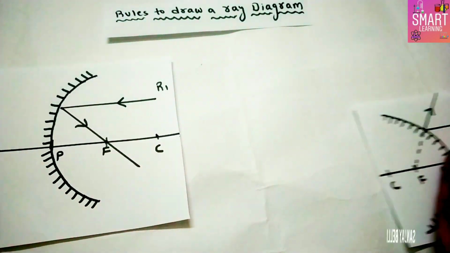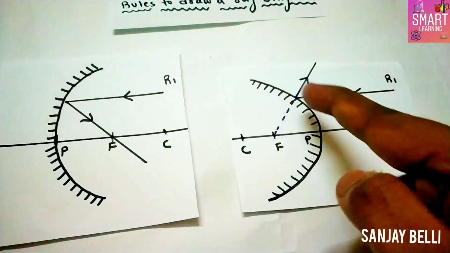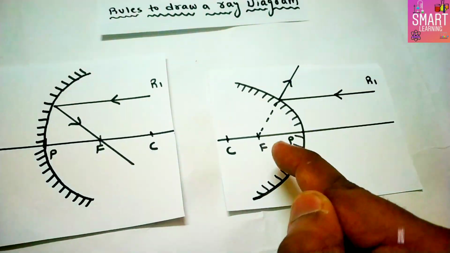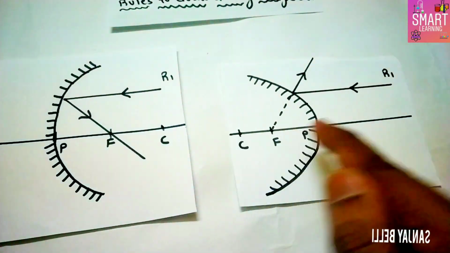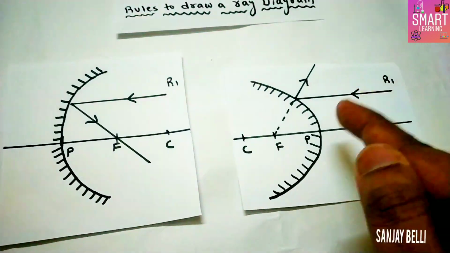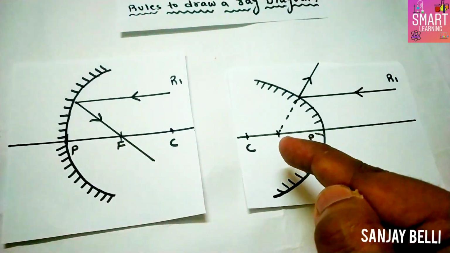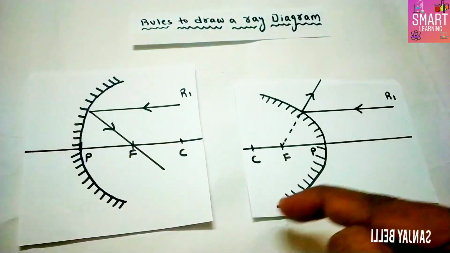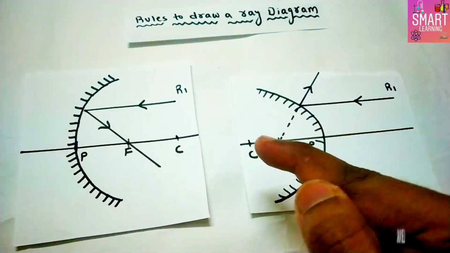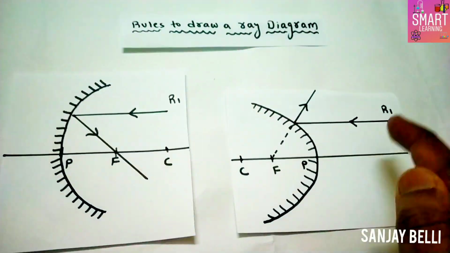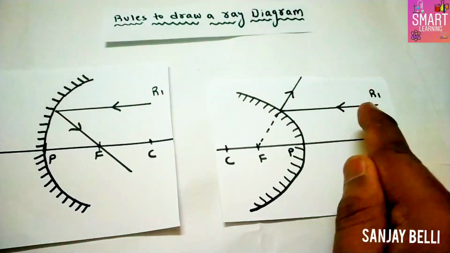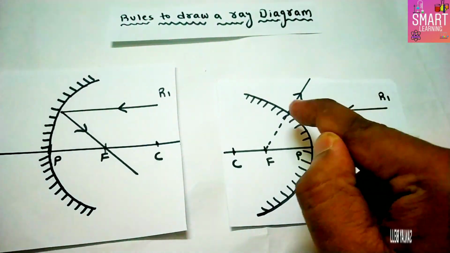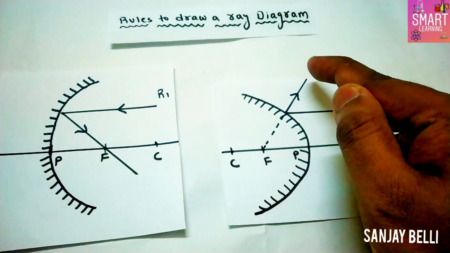Now we can observe rule 1 for your convex mirror. So this is your convex mirror and the reflecting side will be outwards, and the same definitions of P, F, C will be present, and the principal axis. In a convex mirror we can observe the center of curvature will be present inside the mirror, while the reflection will be outside, because the sphere will be formed inside. Okay, now you see your rule 1. When a light ray comes parallel to the principal axis, all of you have to draw like this only. The reflected ray appears to pass through the focal point.